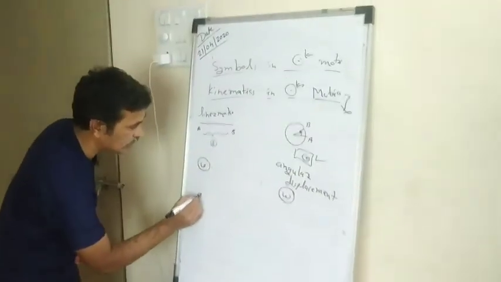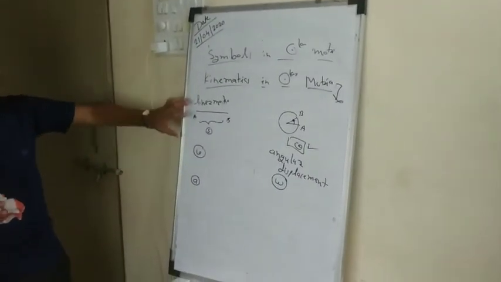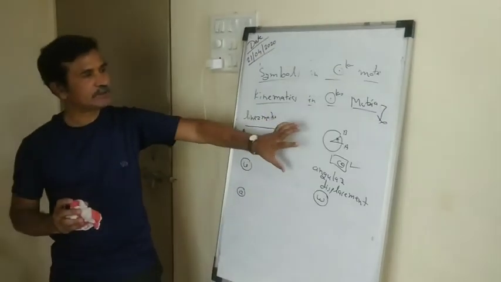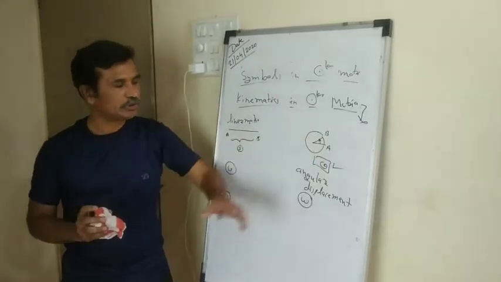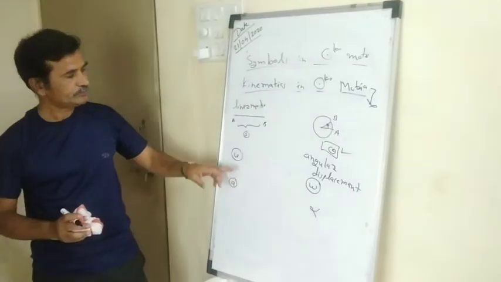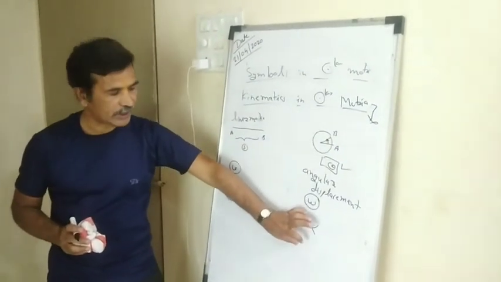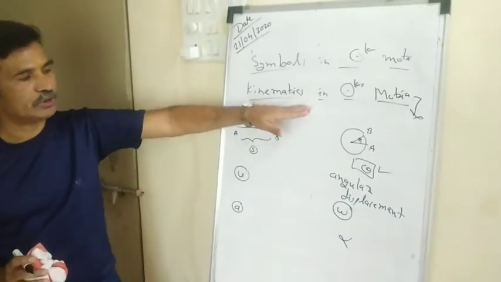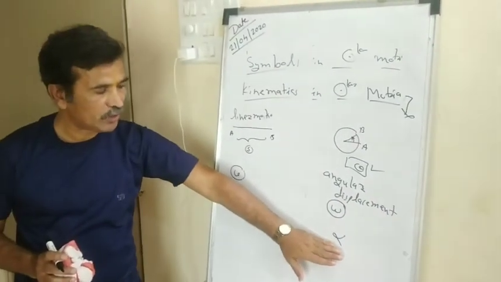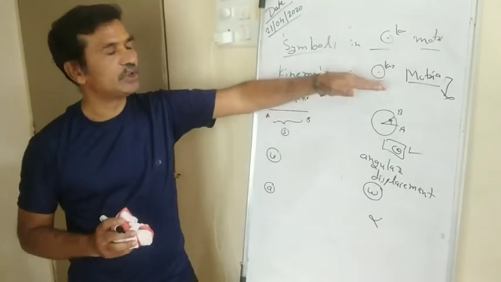Similarly, acceleration a is the symbol to understand the concept of acceleration in linear motion. While in case of circular motion or rotational motion, we require a different symbol, alpha, just like theta and omega. Alpha is a symbol which indicates acceleration in circular motion. So whenever the term alpha is there, we understand that it is acceleration but in circular motion.